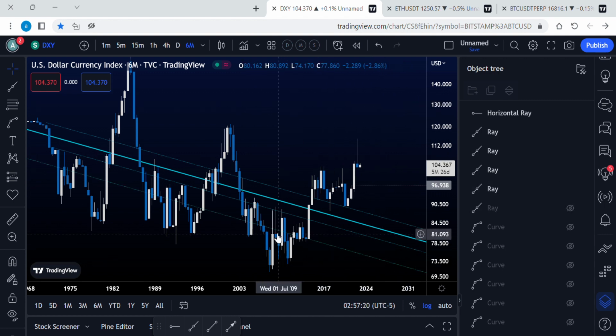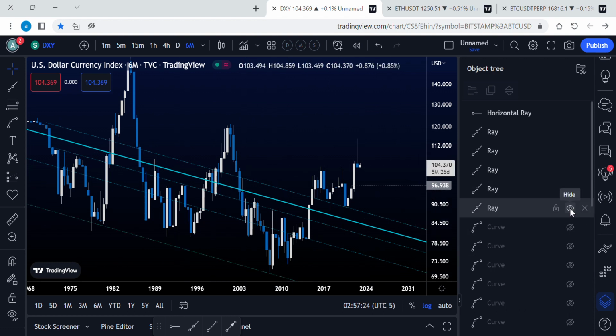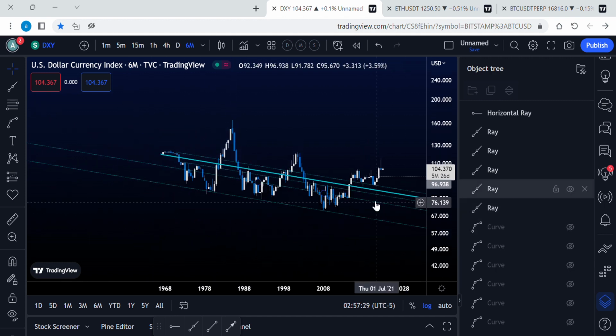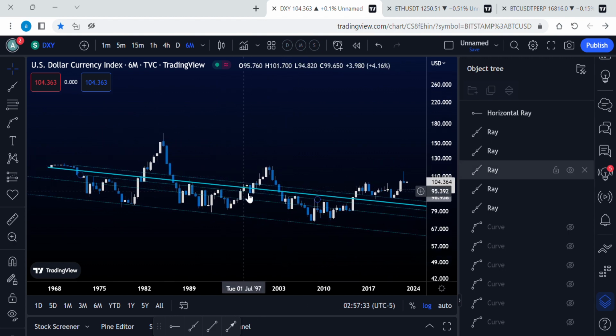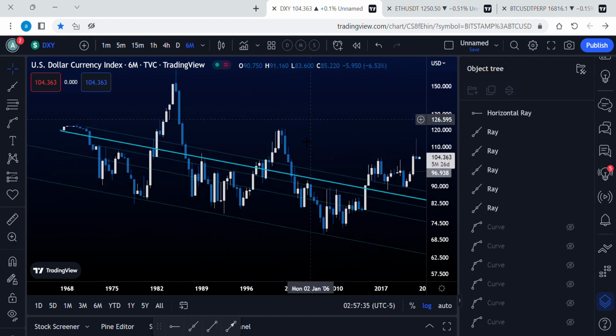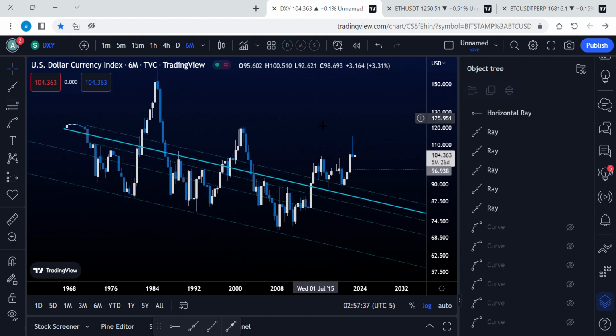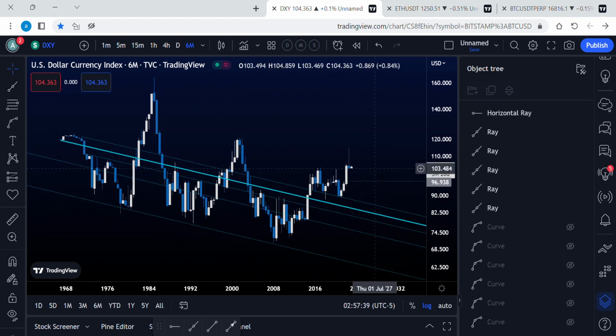Okay, the third one is the really lower one, and this one is the bottom one. Okay, so we have the bottom and we have the strong lines we need. It doesn't affect here, but we'll get to it. Okay,